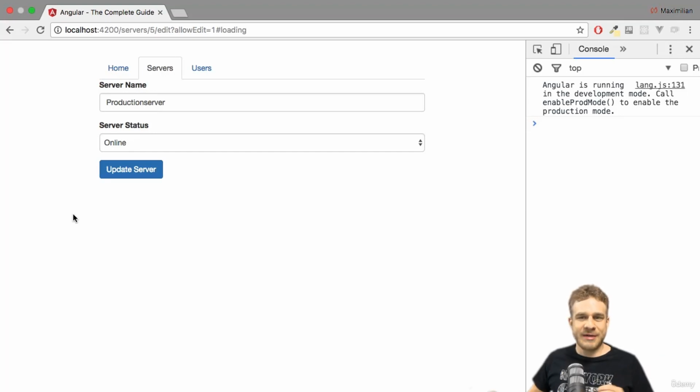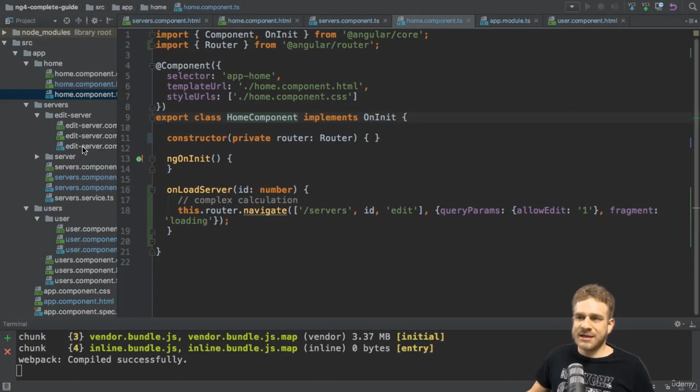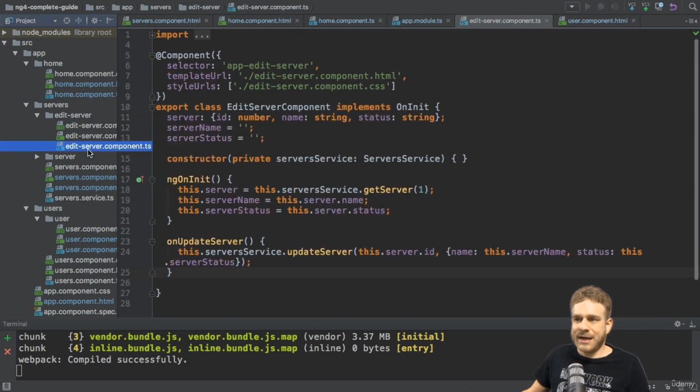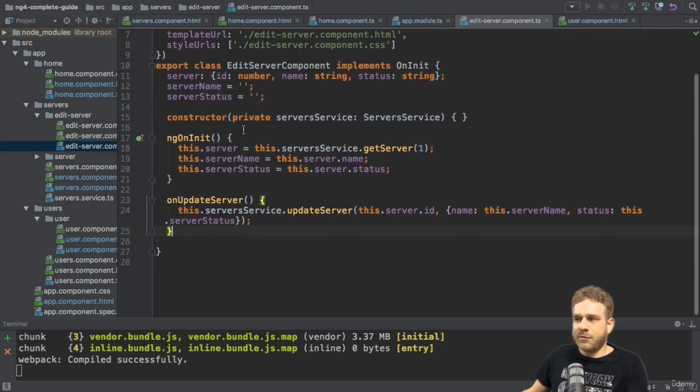In the last lecture, we learned how we can pass query parameters and fragments. Now let's make sure we can also retrieve them. So we're loading this added server component in the end. So that is probably where we want to retrieve that information. We can easily do this by going there, added server component, and you see there already is a lot of